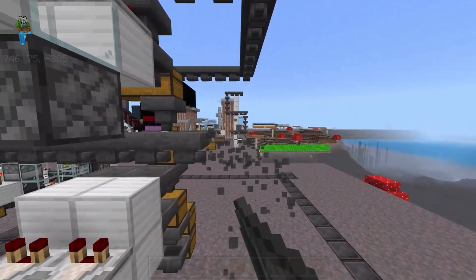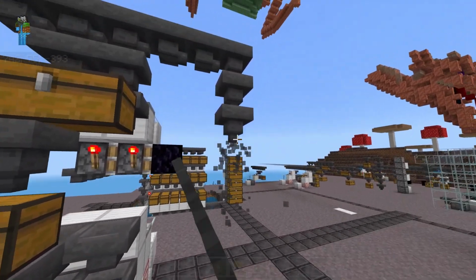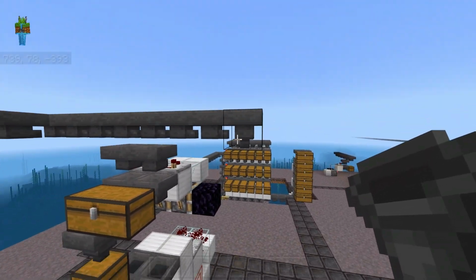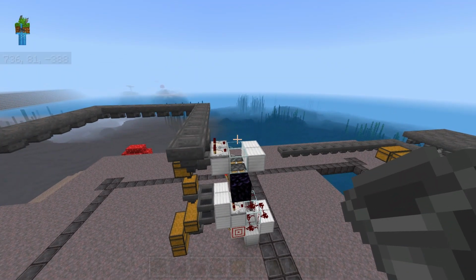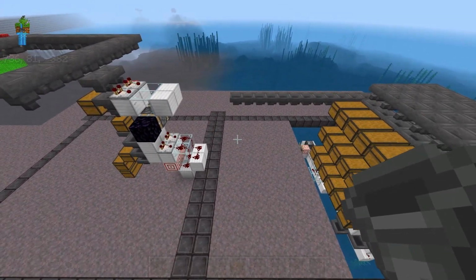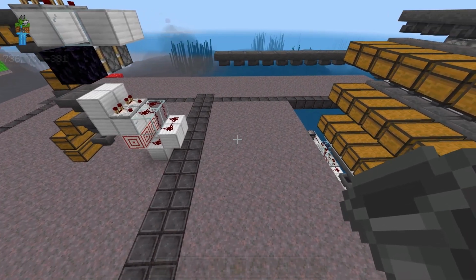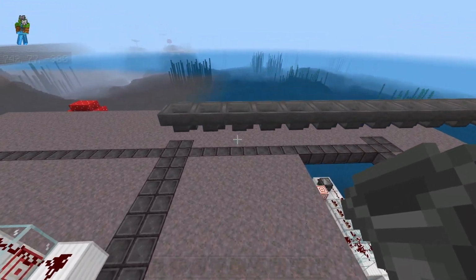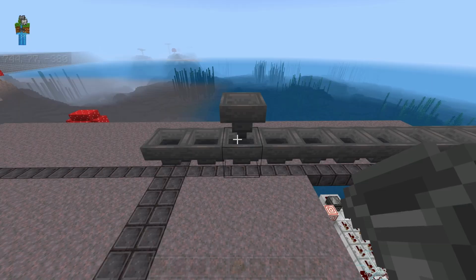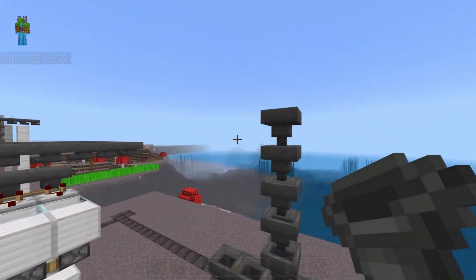Now, again, this is another reason that I recommend building your tube first. If you build your intake line, it's much easier to change your intake line than it is to delete entire item sorter cells that you've already built. So just go ahead and try to visualize where you want your item sorters to be, and then build your tube in a way that you can just kind of insert the item sorters onto the tube.